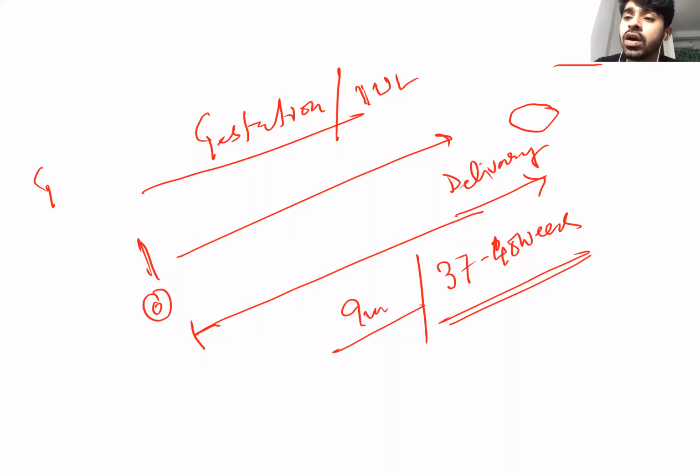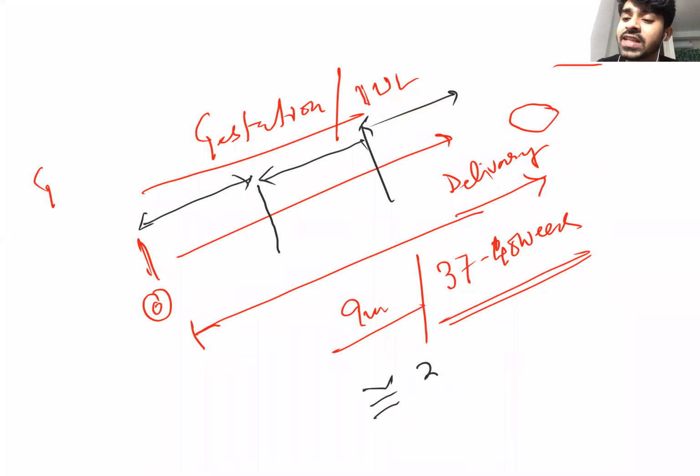For your better understanding, we have divided the gestational phase into trimesters. Grossly, after 3 months, we have divided the 9 months into 3 and 3 and 3, though not exactly. Like a semester is 2 times, a trimester is 3 times. So 9 months is divided into 3 trimesters.